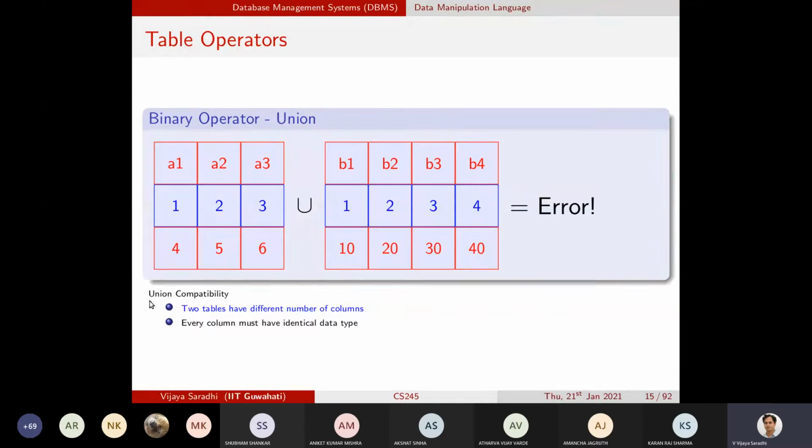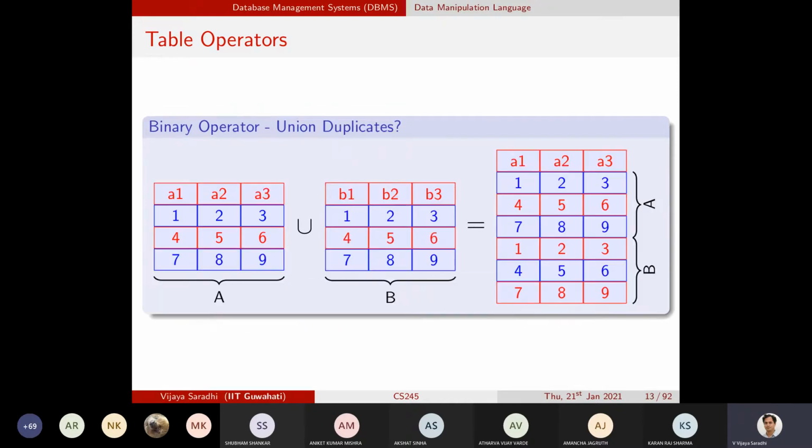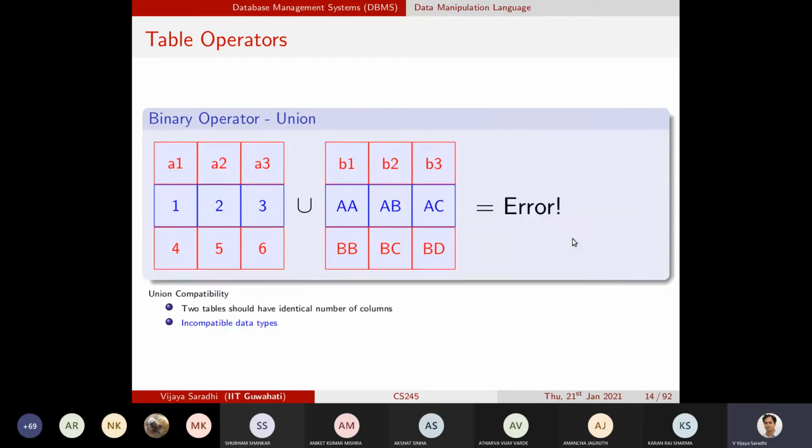This is at the heart of the operation on 2 or more tables: union compatibility must be adhered to. And you will see subsequently, when you want to query on these resulting tables, this becomes much more rigorous and has a lot of implications.